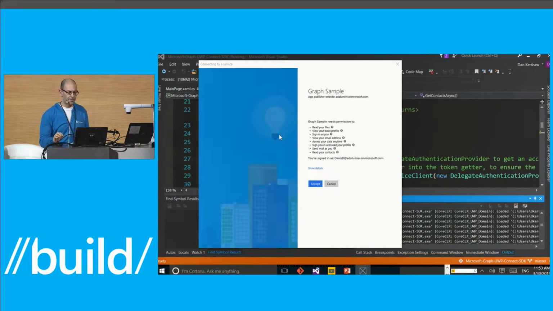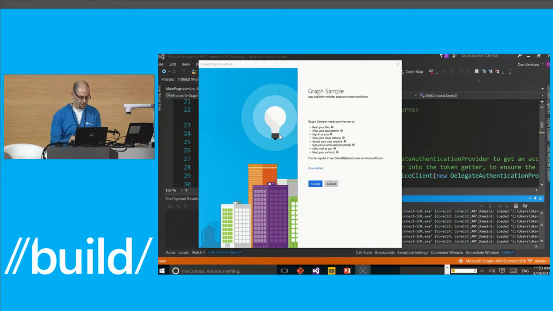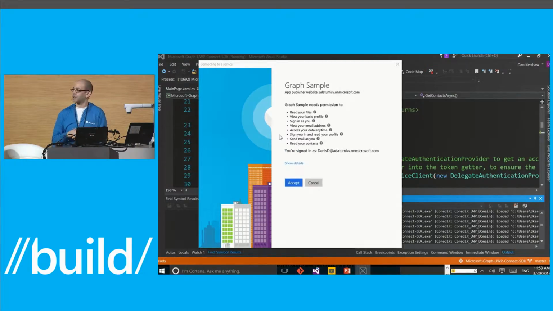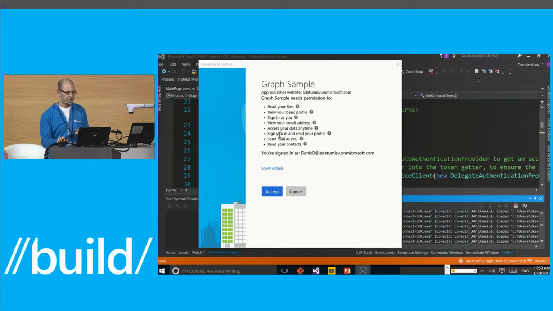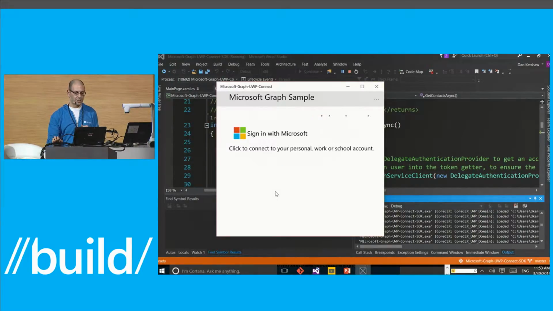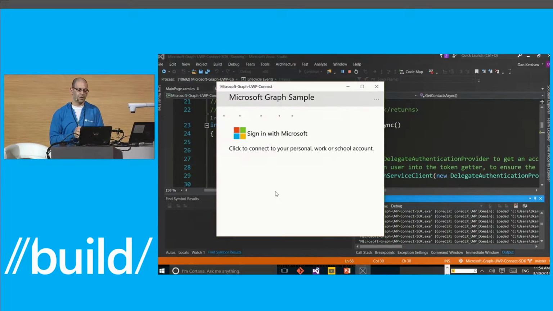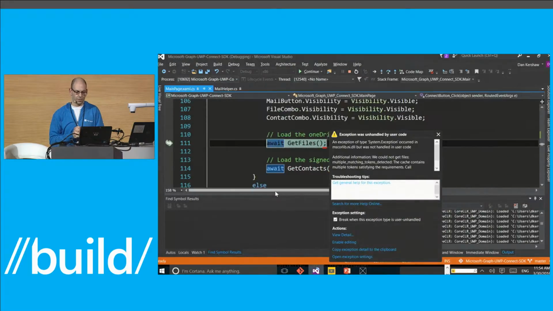Okay, and so first of all, I'm going to get asked to consent to a series of permissions to access my data as part of using this app. So I'm going to accept. And now it's going off and it's calling into